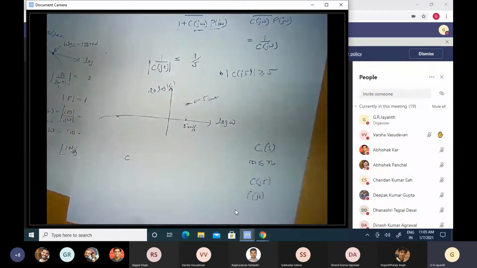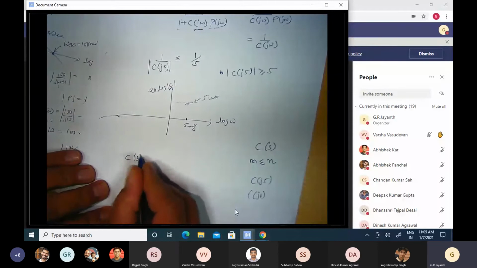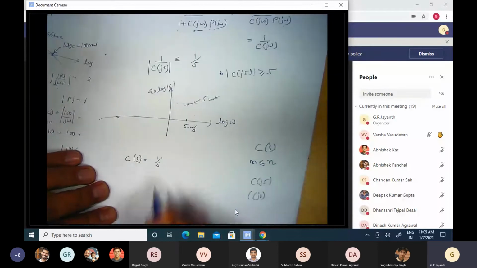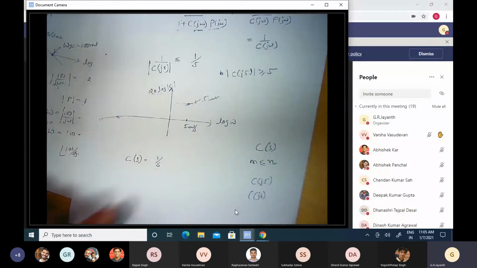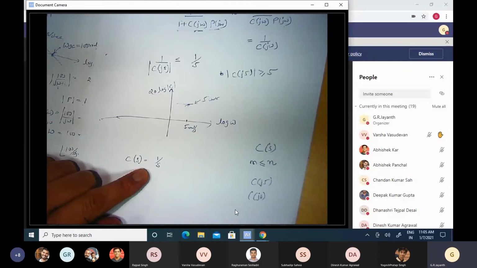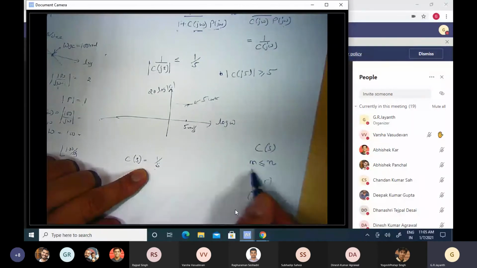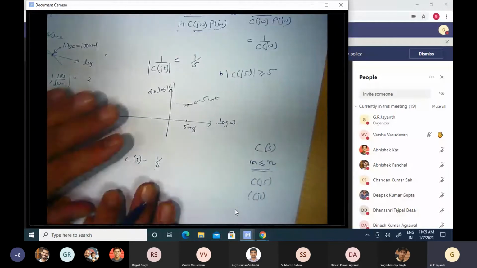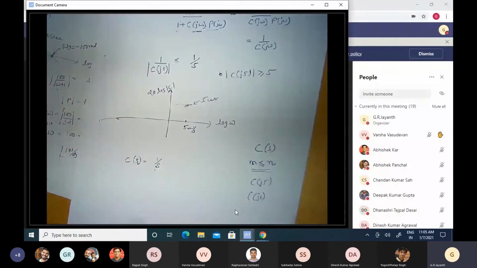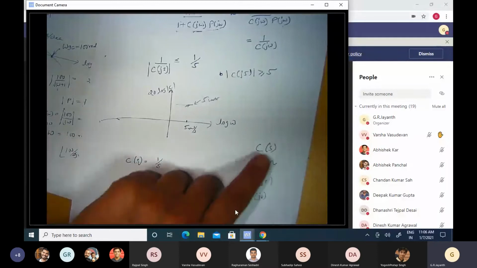So here is one particular controller which at least addresses the first requirement of infinite gain at zero frequency. Let us say I pick C of s is equal to 1 over s. So this is a ratio of two polynomials again. The degree of the numerator polynomial is 0 because it's s to the power 0. The degree of the denominator polynomial is 1. So it satisfies this requirement that m is less than or equal to n. So this is a legitimate candidate of a dynamic system which could possibly be used as a controller.